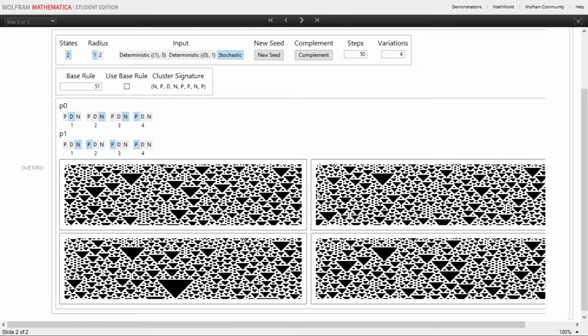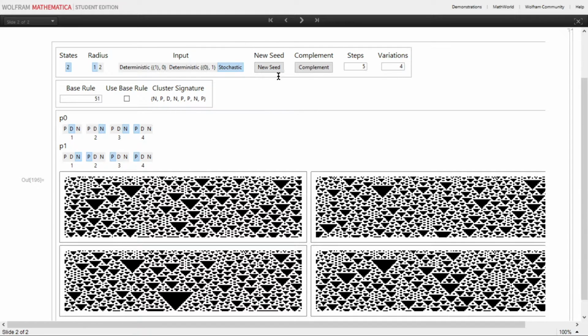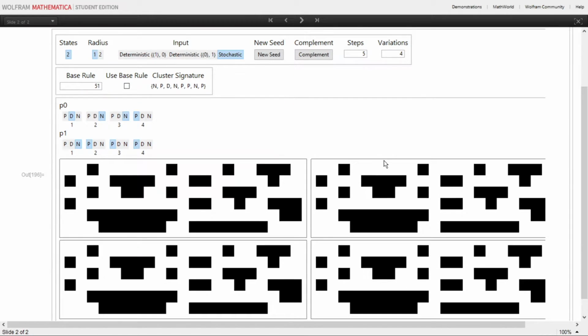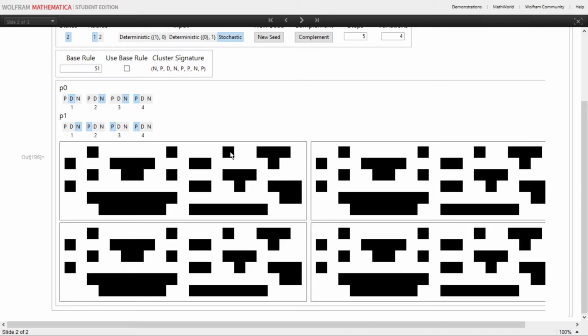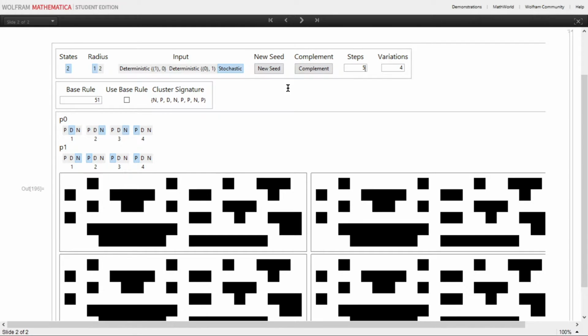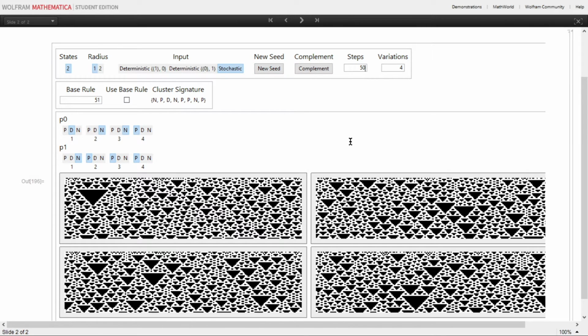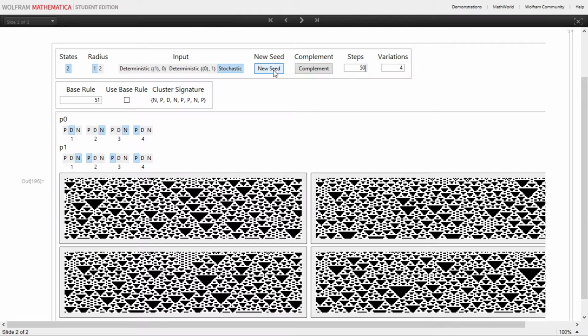All these four variations are running from the same initial conditions. They are exactly the same. Nonetheless, when you look at each one of the evolutions, they're all different. Not only are they different, they're also similar. For your eyes, if I ask you, are those patterns the same? You would say, yeah, they are the same. The same way that you will take a look at a seashell and look at the pattern and look at another one and say, yeah, they are the same. But a machine will tell you, no, they're not the same, because it's comparing identically. But we know that they are the same.